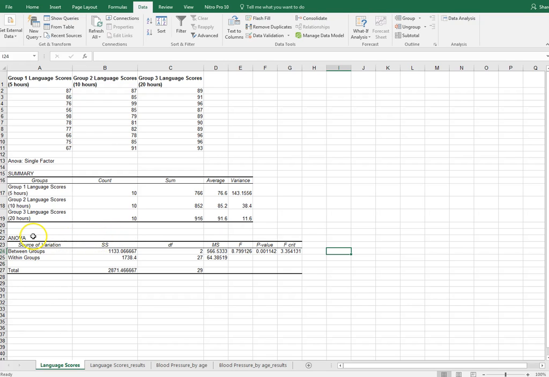And then down here are my ANOVA results, and it gives me my between groups sum of squares and my within groups sum of squares. It also gives me my degrees of freedom for between groups and within groups. And what I really want to look at is this F value. The F value is 8.799, and my P value for that result is